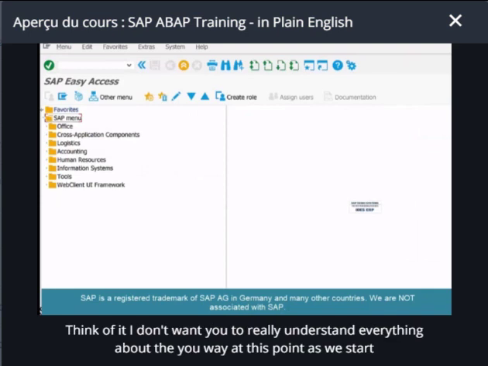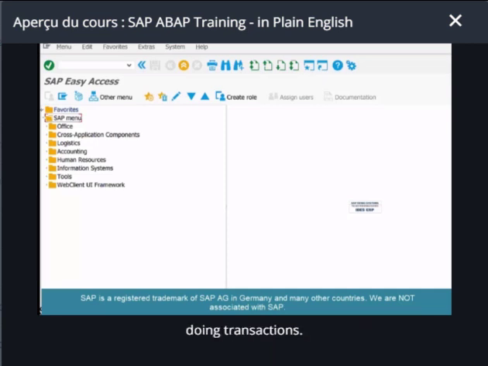I don't want you to really understand everything about the SAP GUI at this point. As we start doing transactions, we'll start to know more about subtle things. Think of it like a